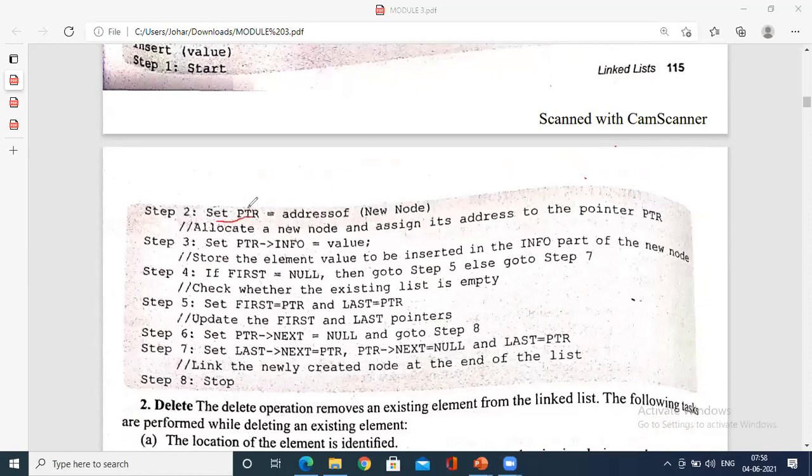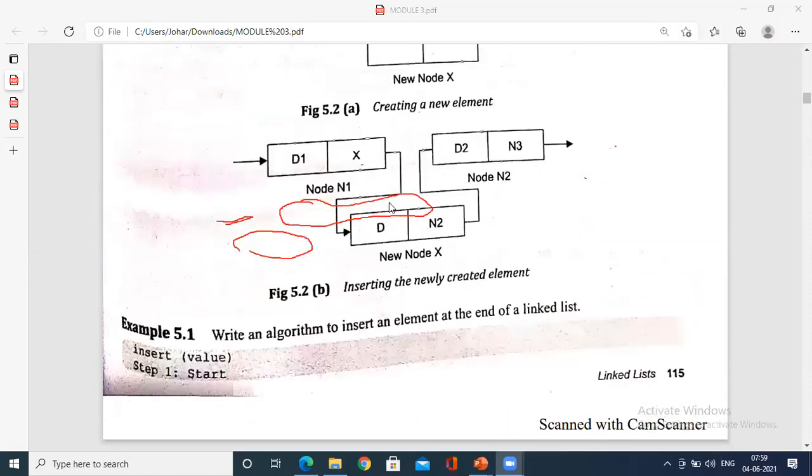That is, you set the pointer. Where do you set? Address of the new node, what I showed you. Next, set pointer and set pointer information. Two values have to be set, no? What we have set upside, we have set here. I'll show you once again what you had set. You had set two things. What are those things?